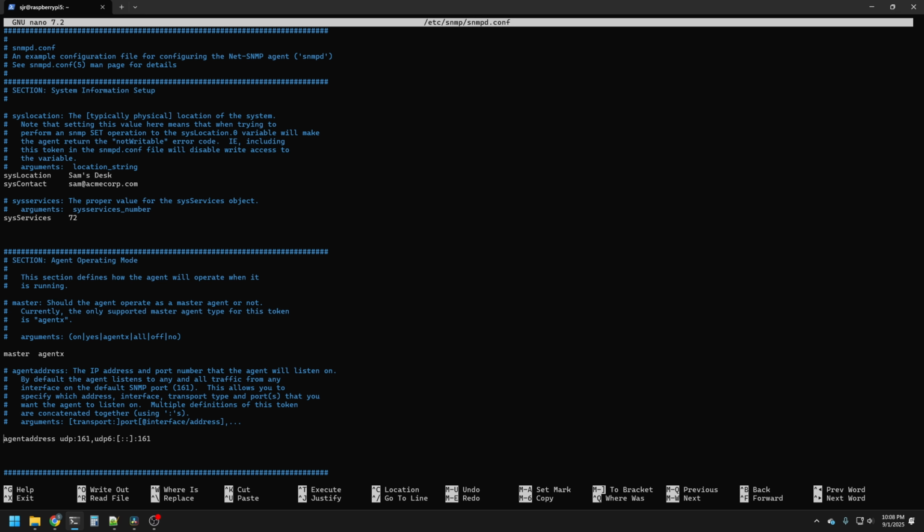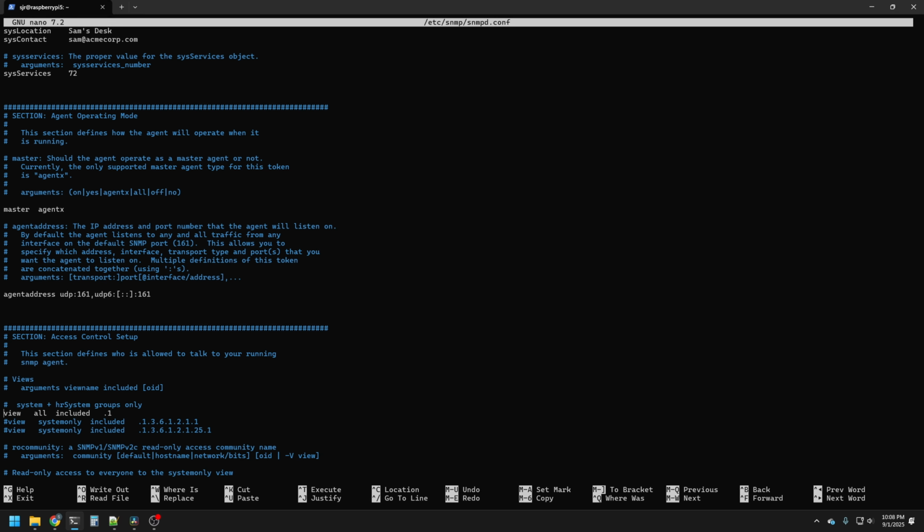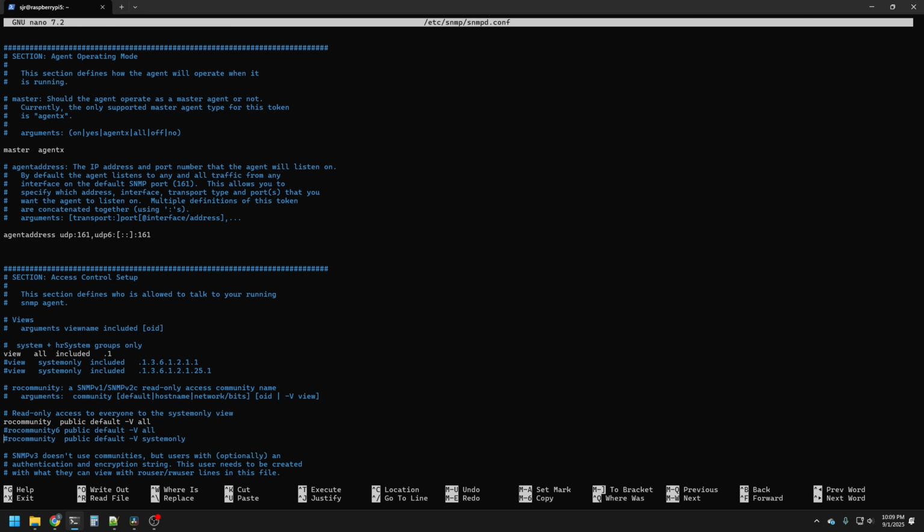query the SNMP agent. For the full tree that we looked at earlier, we want to include more information, not less of it. So we changed it to be a view, and we call it all. And what's included is the full root of the SNMP tree. This will allow us to see all the different information that SNMP can read. We'll need to have this be reflected in our community as a read-only community IPv4 version. We'll call it public, and it will include default, -V, and the view will be all